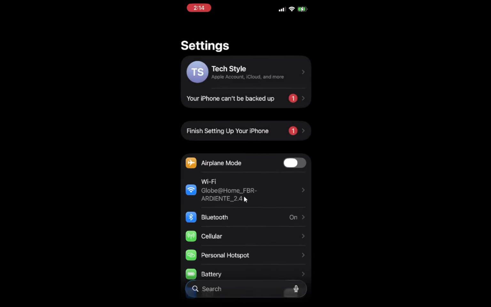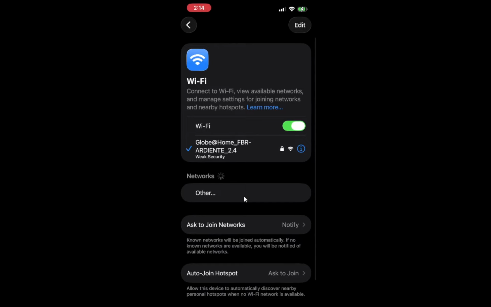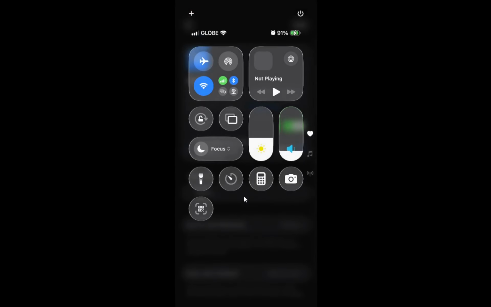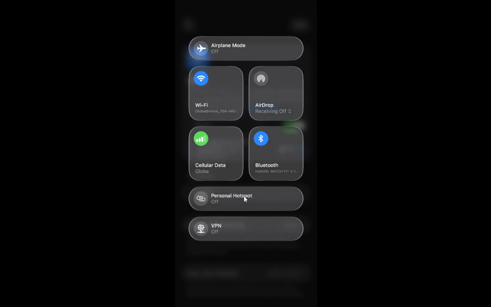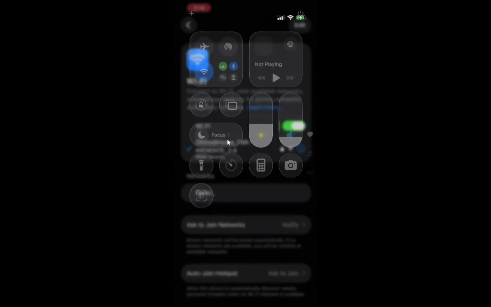Look at the top of your iPhone screen. You should see the Wi-Fi or mobile data icon. If these icons are missing, it means you are not connected. Simply go to your Settings app to connect to a Wi-Fi network or enable mobile data. This ensures that your iMessage has the necessary internet access to work.